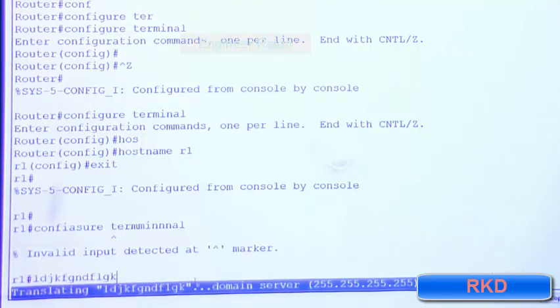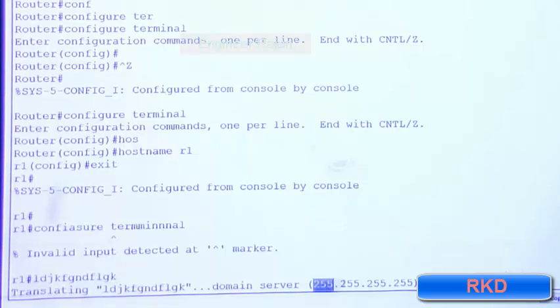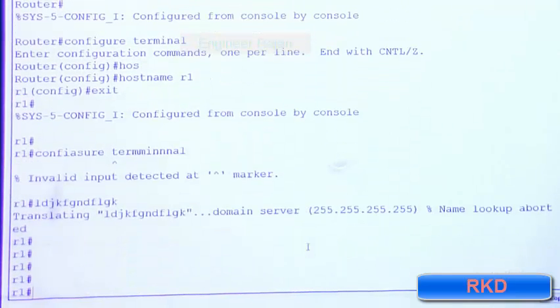You see that this 255.255.255.255, we haven't covered IP addressing yet, but take my word for it, this is a broadcast message. A broadcast message is sent from one device to everybody, as I mentioned earlier. And here it says domain server. So what this router is actually doing, when you fat finger a command or when you mistype a command,